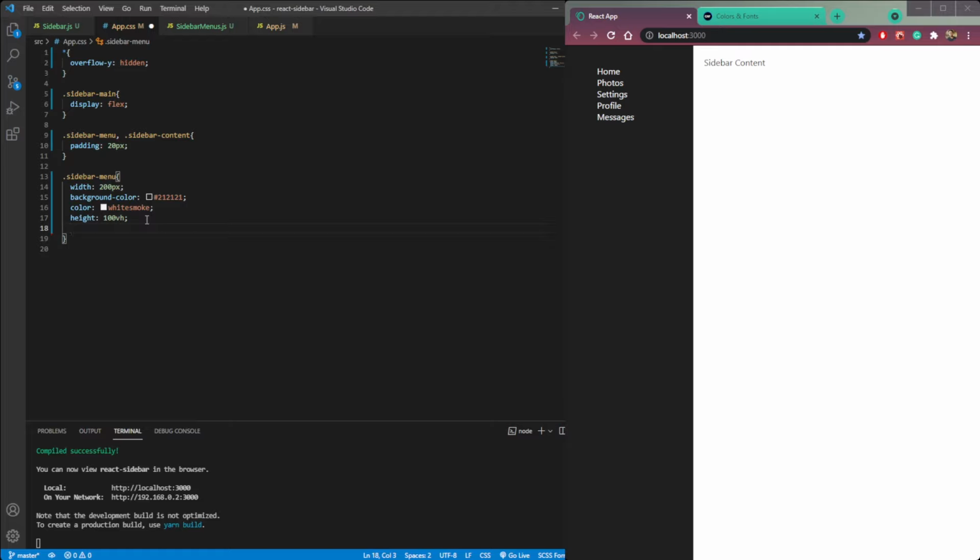So let's say align items center, or let's make the height a little bit larger. Let's say 50. Not working.